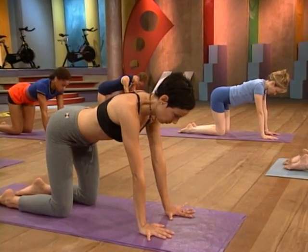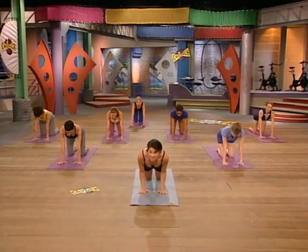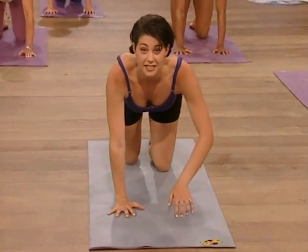If you want to, you can add the push-up. The way it looks is this. Exhale it all the way down, keeping the elbows in, body is flat. Come all the way back up, and inhale,